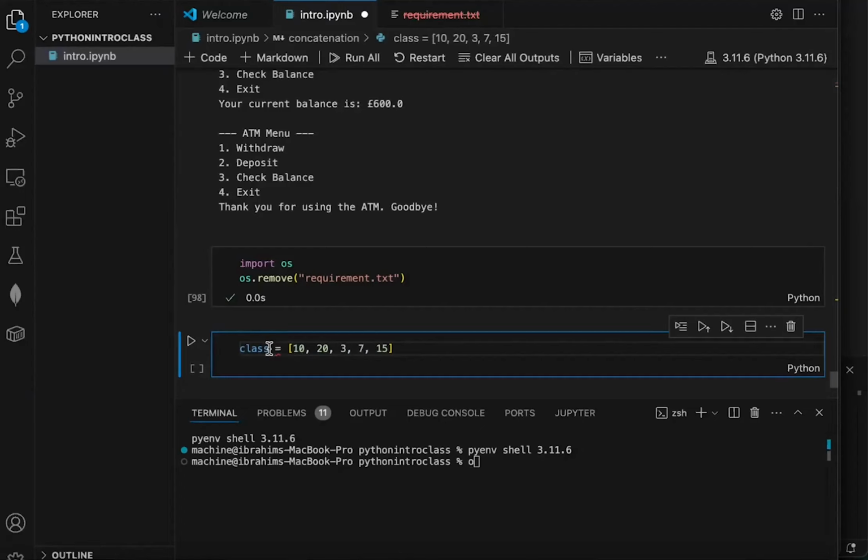Okay, don't let me use class because of that name. Let's just name it something. Okay, let's name it base. So from here,